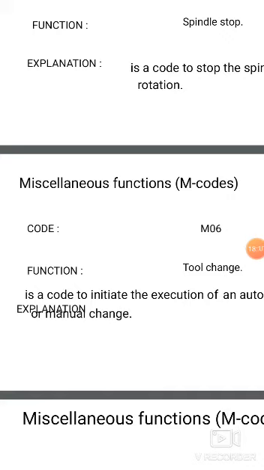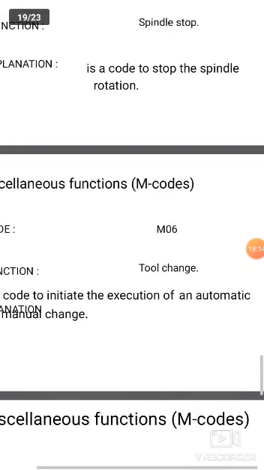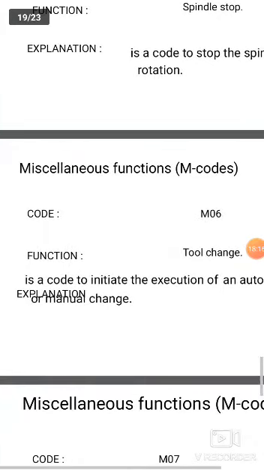It is a code to initiate the automatic or manual tool change. Automatically it tells the machine to change the tool. We can change the tool according to our program. The first tool will go to its own position and the next tool will come and fix to the spindle.